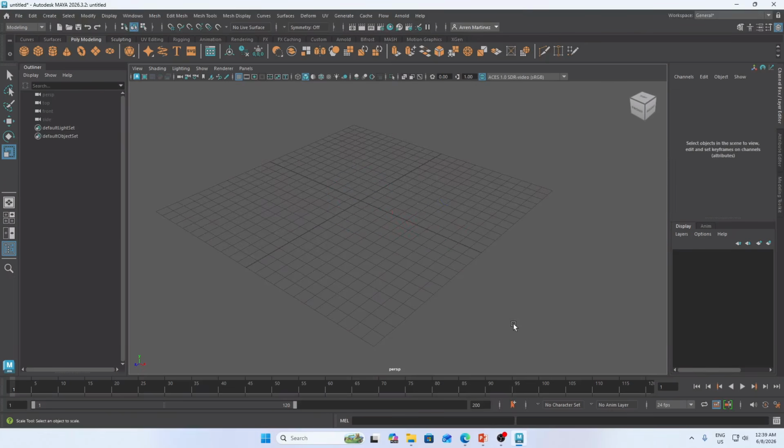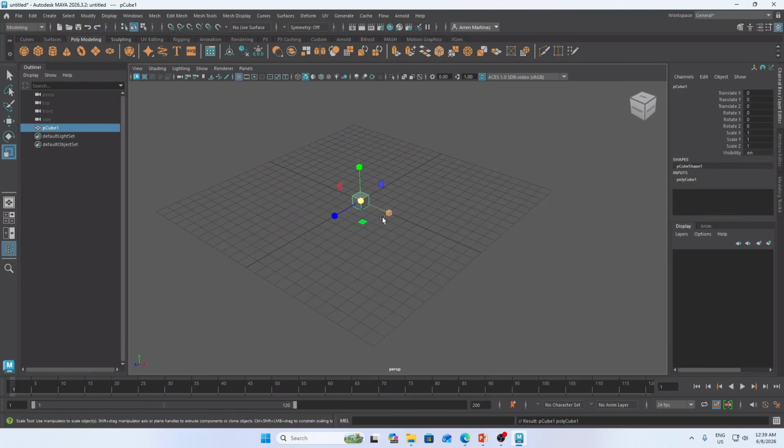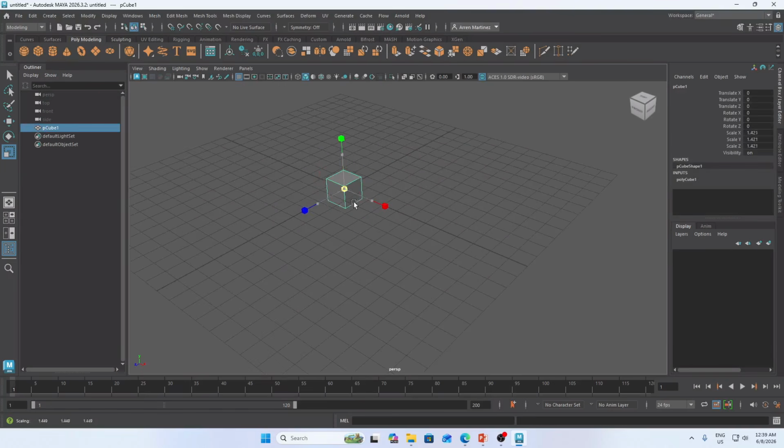For the next topic, we will talk about selection here in Maya. For example, if we are here in object mode, we can transform the whole object.